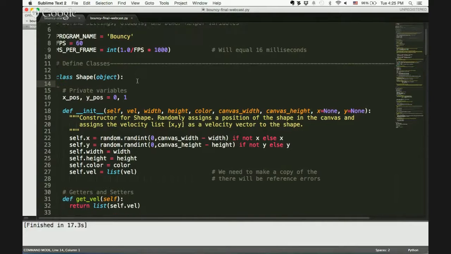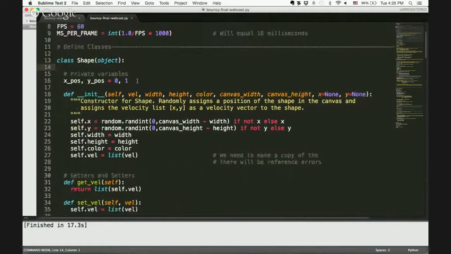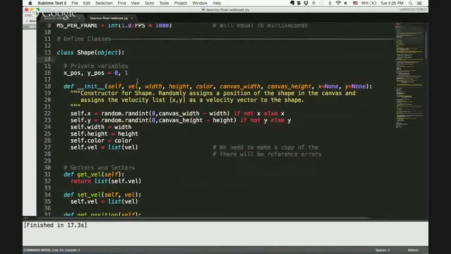So we want to create these randomly because we're just going to put them on the page, make them do whatever they do, and then have them bounce around, and then it'll look fun in the end. So the way this works is we assign the X value of this shape to a random integer between 0 and the canvas width minus the width of the circle. So this makes sure that your circle is within your canvas,